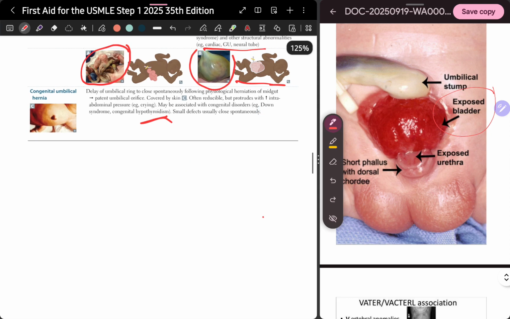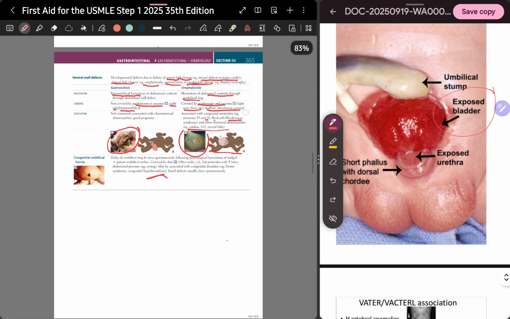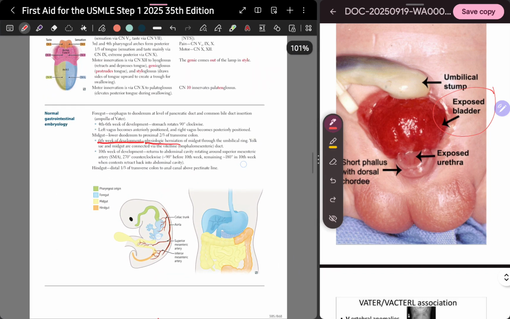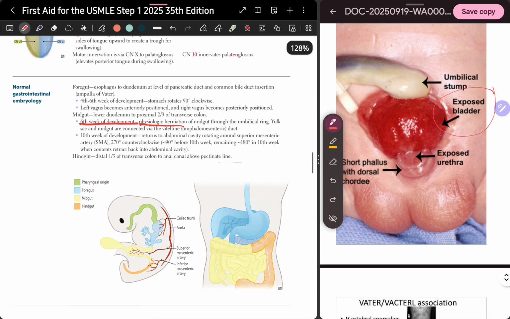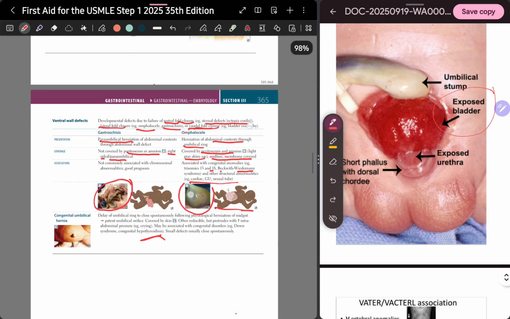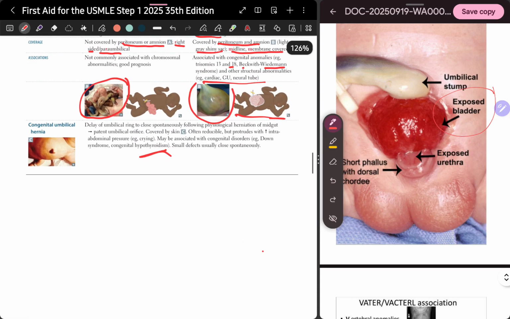Now the next thing is the congenital umbilical hernia: delay of the umbilical ring to close spontaneously following physiological herniation of the midgut, leaving a patent umbilical orifice. Now you know that there is physiological herniation in the 6th week. We have covered this part, but I am telling you again that this is the 6th week of development. Here we can see that physiological herniation of the midgut is occurring. Now if this physiological herniation does not go back in the 10th week to its original position, it is going to create